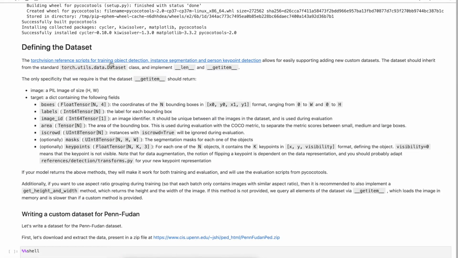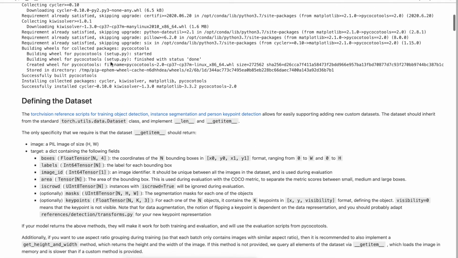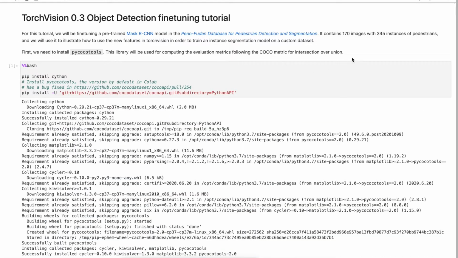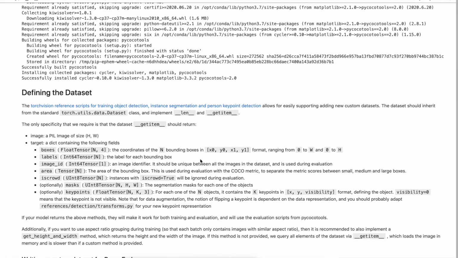Next, we have to create a custom dataset. We have the Penn-Fudan dataset of pedestrians, and we have to create a PyTorch data loader for it.